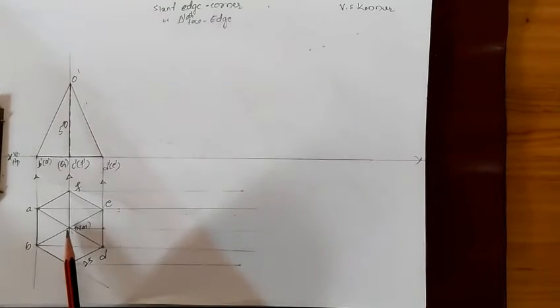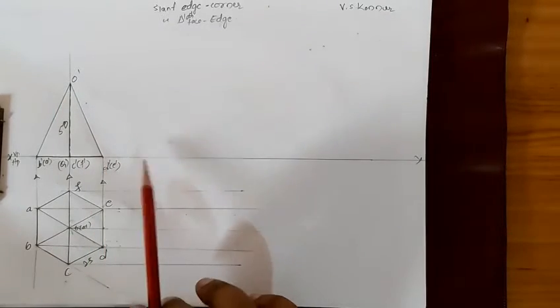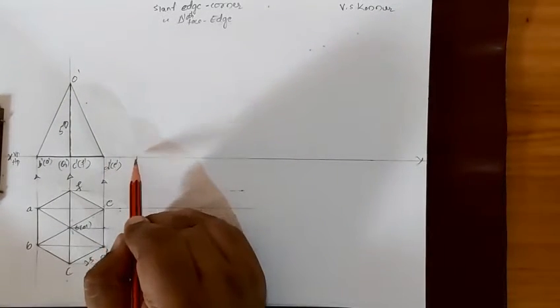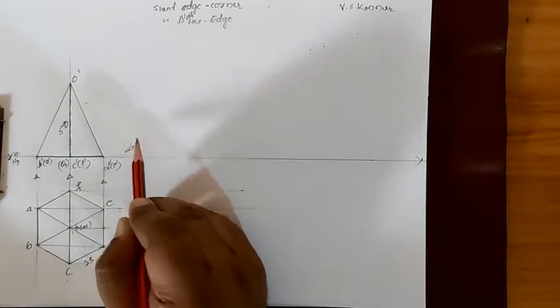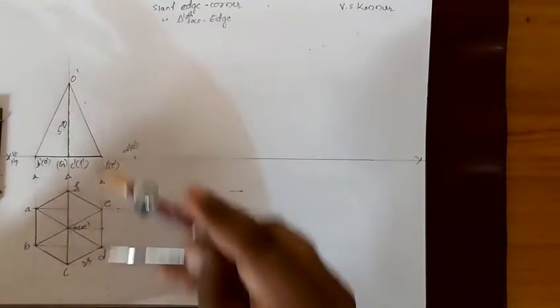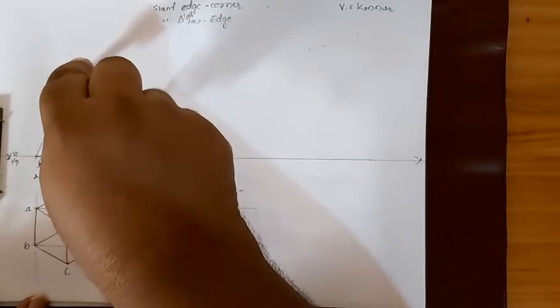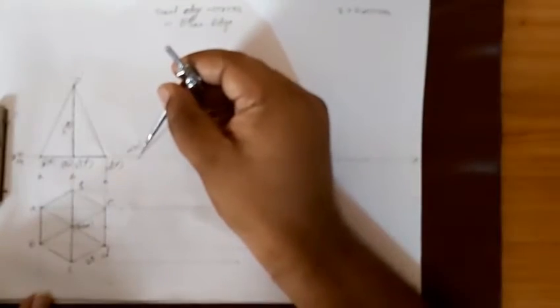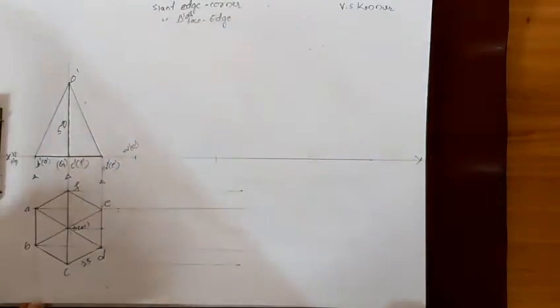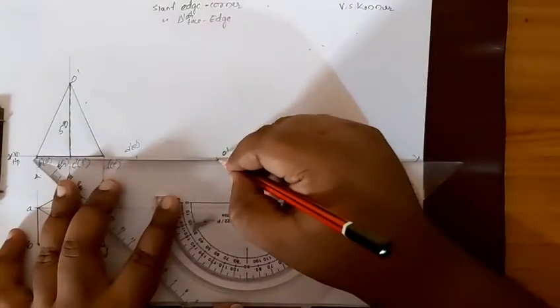The slant triangular face is nothing but this O, D, E. Because of that, it is resting on one of its edges. Now OED should be on the XY line. First I will mark the D dash point and E dash point, and then we'll take the distance from D dash, E dash to the O point, that is the height 50 millimeter. Keeping it at D dash, E dash, we'll cut the XY line by the O point. Here we'll get the O dash point. Now we'll join these 2 points.